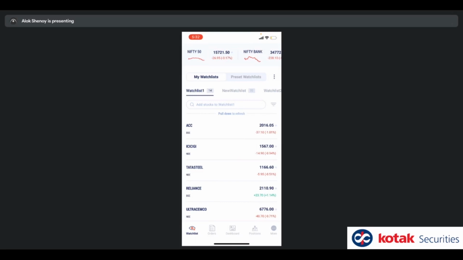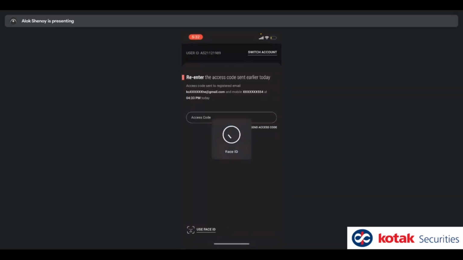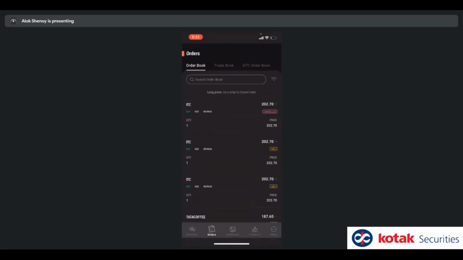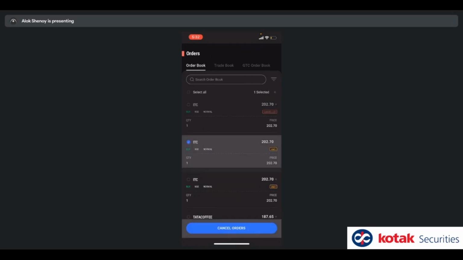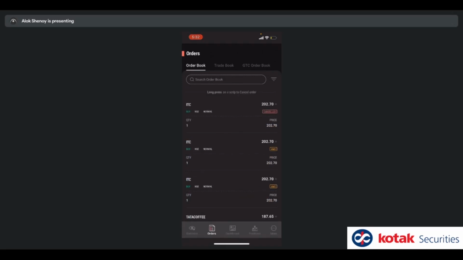Is there a cancel all orders functionality? It's in the testing build which I have. It's not yet been rolled out. It's being rolled out in the next few weeks probably. Just to give you a sense of it, these are my orders, and if I want to cancel, very soon you'll see this functionality in the app. Just hold on to one entry and you will get to select multiple orders. Or you can click on select all on the top left and cancel orders. By doing this, all your orders will get cancelled in one go. We're building this. It's going to come to you very soon.